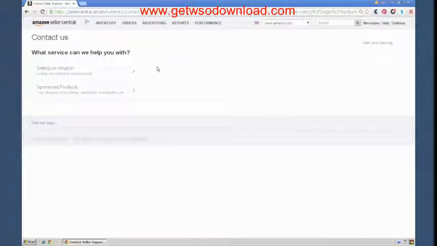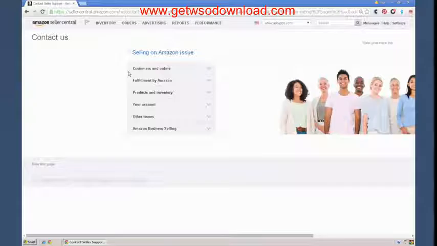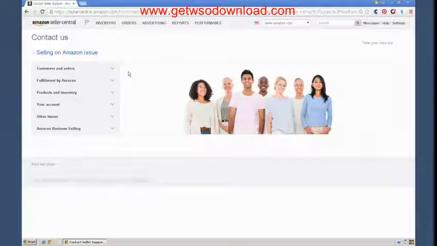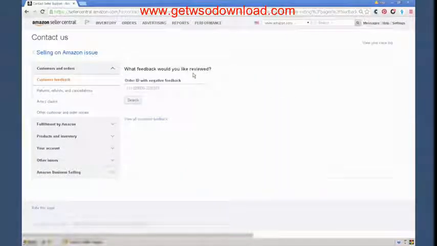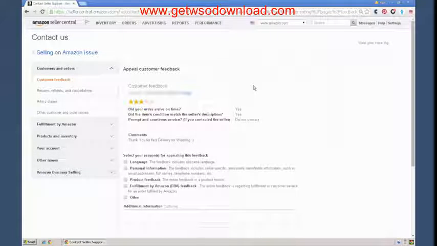Now, once you've clicked on that Contact Seller Support link at the bottom of the page, you can just go in here and it'll ask you, selling on Amazon? Yes, it's a selling on Amazon issue. Customers and orders, customer feedback. Then basically you just paste in the order ID that we copied from our Feedback Manager page. And then from here, Amazon's going to give you some options to select the reason that you're